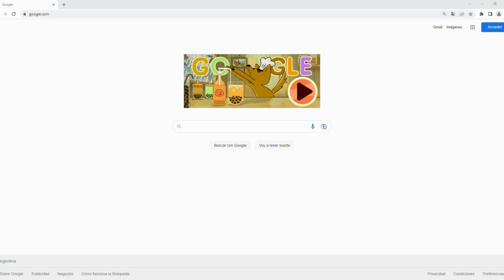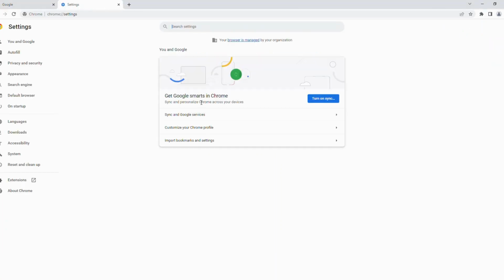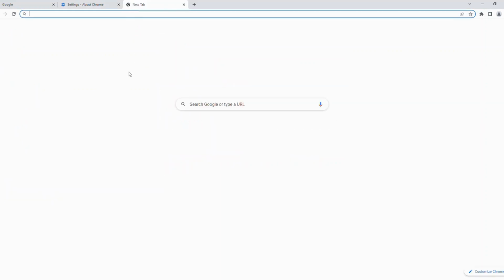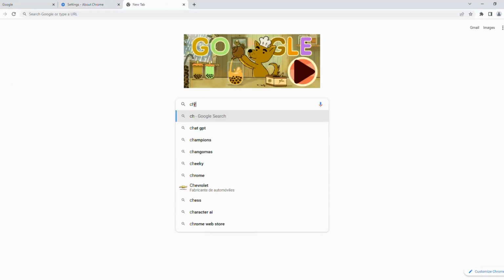The first step would be to enter into Google and go to Settings, enter About Chrome, and check what version we are currently using in our browser. Here, as you can see, I have the 109 version, so the second step is to go to Google, search for